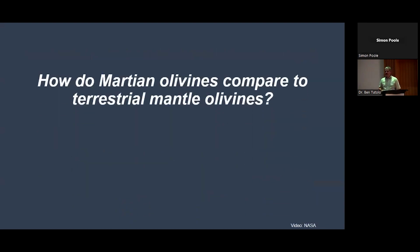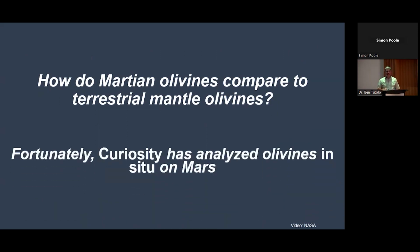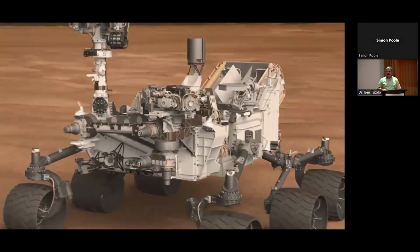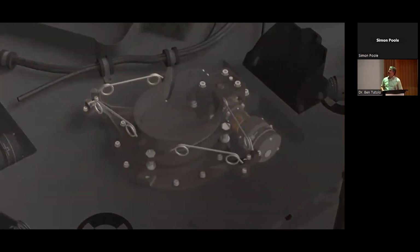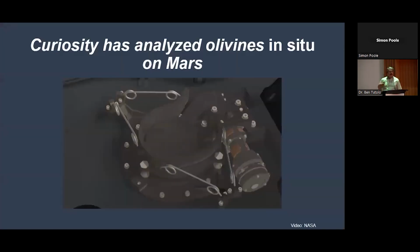But the question is, how do Martian olivines compare to terrestrial mantle olivines? We already know, right, that Mars is the red planet for a reason. It's got a lot of iron in it. But how much more iron do those olivines have? Fortunately for us, Curiosity has analyzed olivines in situ on Mars. So this is a video of Curiosity's CheMin instrument. It has this hopper where we can put the sample once we've drilled it and drop it into the belly of the rover. And then once it's in there,